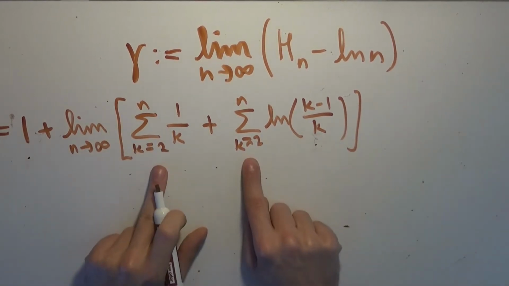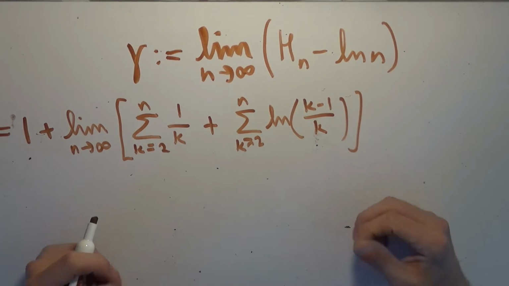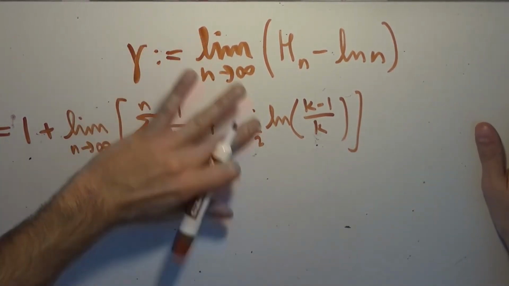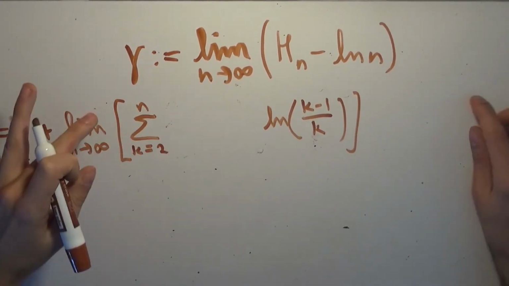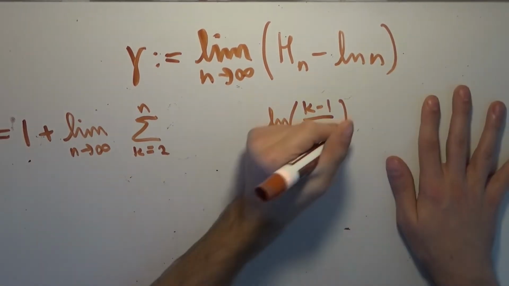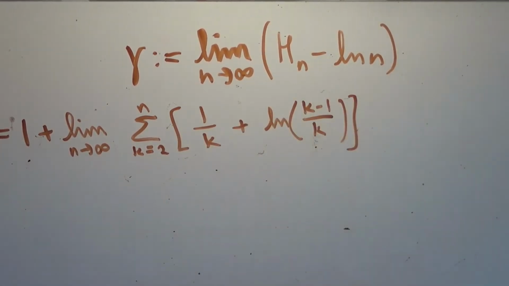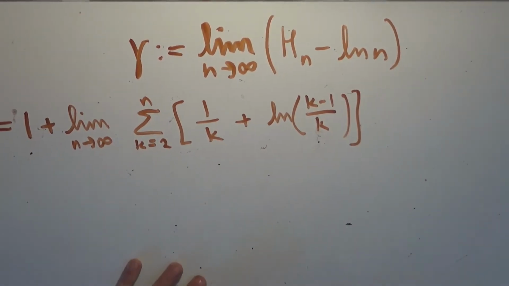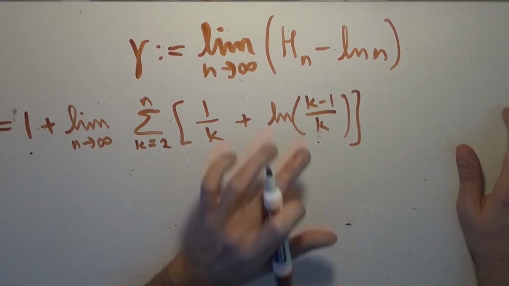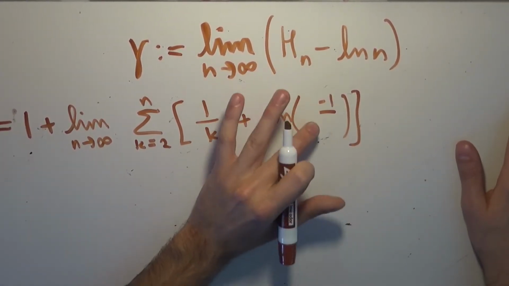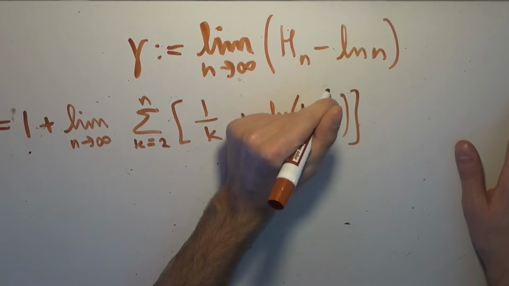But now, because both of these are going from k equals 2 to n, I can combine them into one sum. I hope that's clear. So I'm just going to erase this sigma, and write them under one sum symbol, like so. I hope that's obvious. Another cosmetic change I can do is rewrite k minus 1 over k as, since k over k is 1, 1 minus